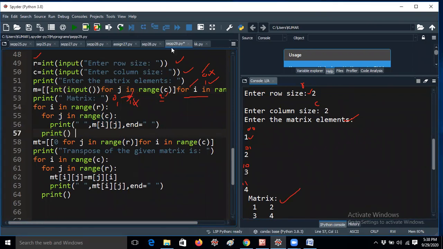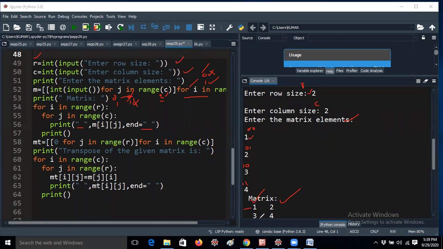Here I am taking i in range of R, j in range of C. That means i iterates from 0, j iterates from 0. The first element will be printed, I am leaving a space here in the front, it is not mandatory, just for looks. M of 0, 0, that means the 0, 0 element is 1, so 1 is printed here.